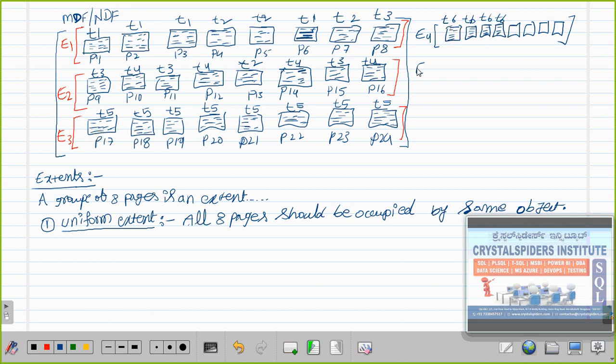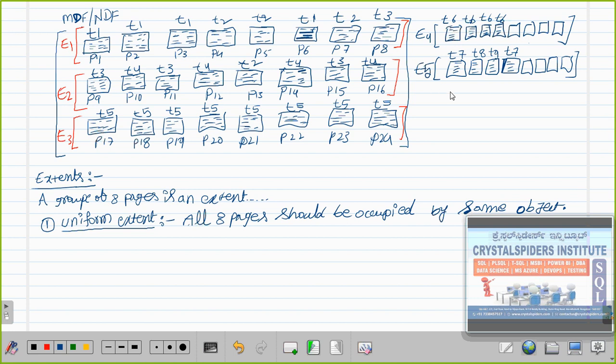So now here this is the extent E5, right? And it is occupied by different objects. But there are still some free pages. Still it is also a mixed extent. Let's say this is table T7, table T8, T9, T7.